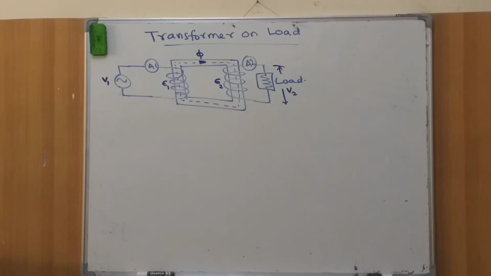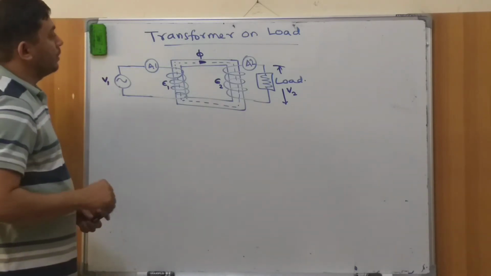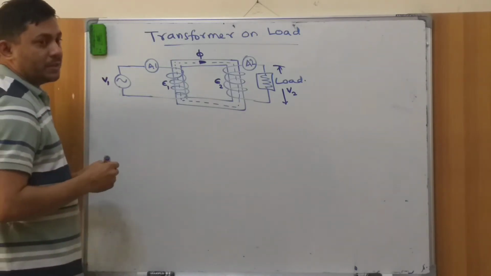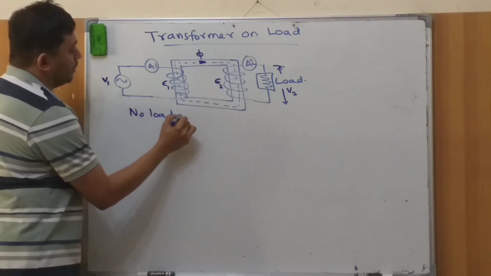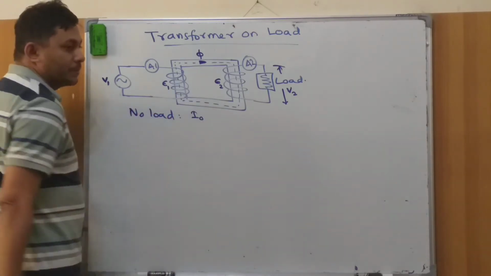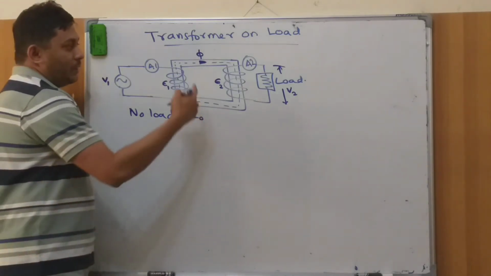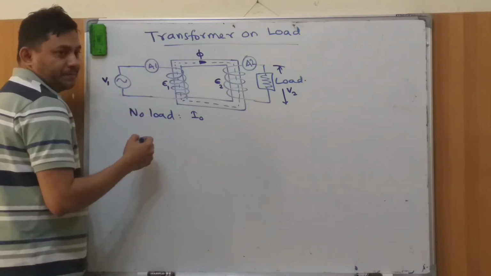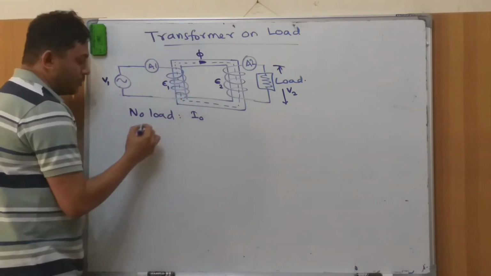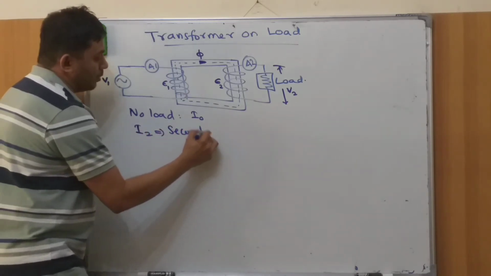Okay, so now let's see what will happen if you load the transformer. As we have seen before, when it was under no load, the no load current was I0. Now we are going to add load on the secondary side. When you attach load on the secondary side, definitely I2 will set up, depending upon the load. So what is I2? I2 is nothing but the secondary load current,